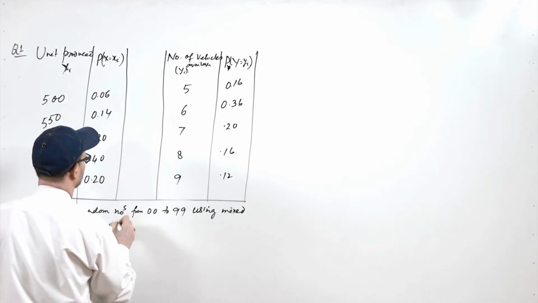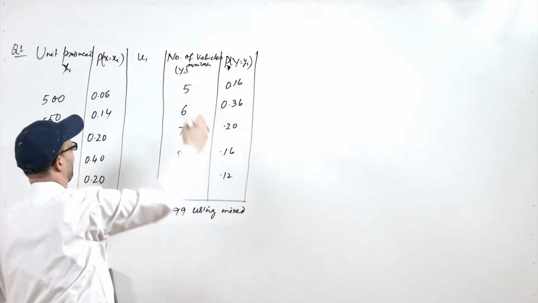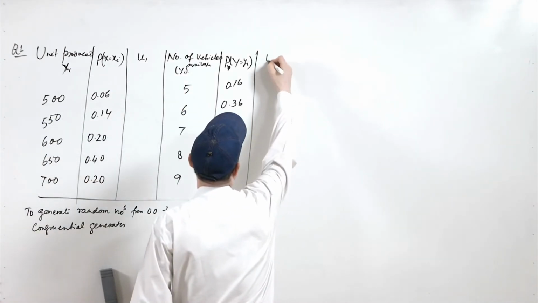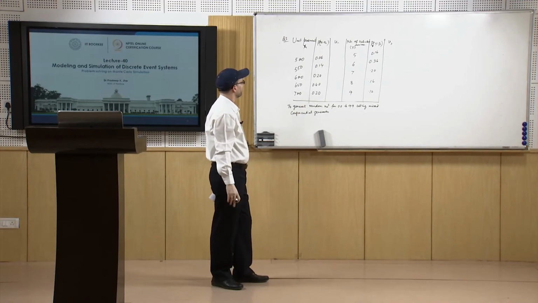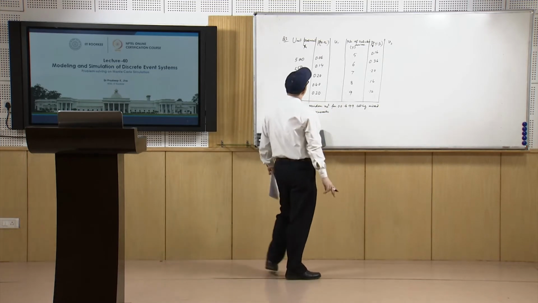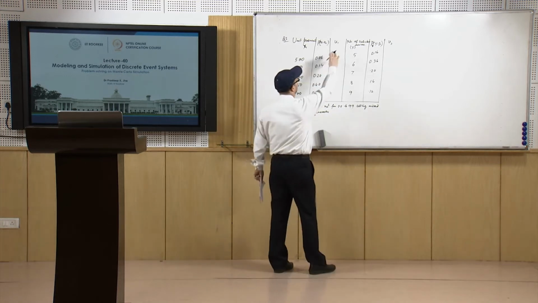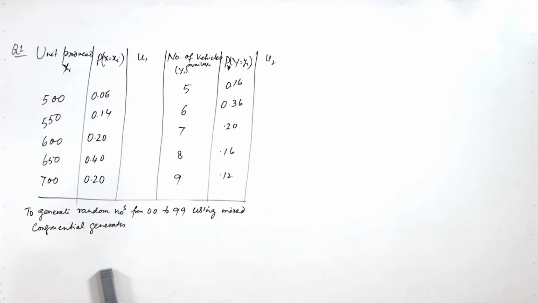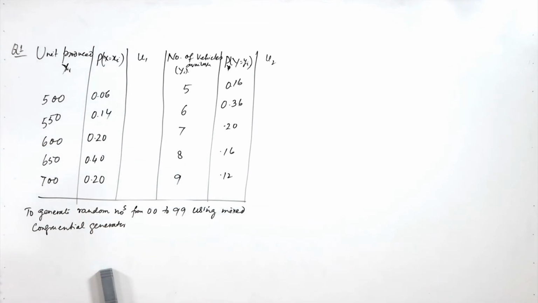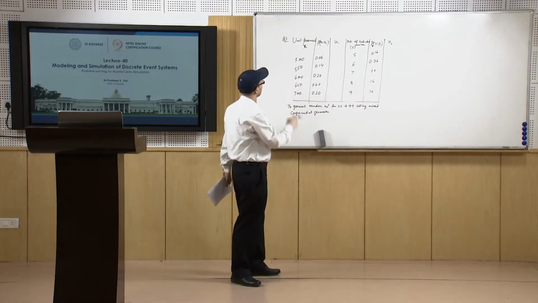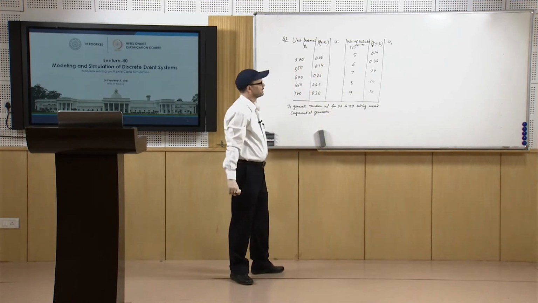So, for the mixed congruential generator, you have to find u1 here and u2 here. Now, if the u1 value is from 00 to 05, in that case you have 500 units produced, because looking at this cumulative distribution,